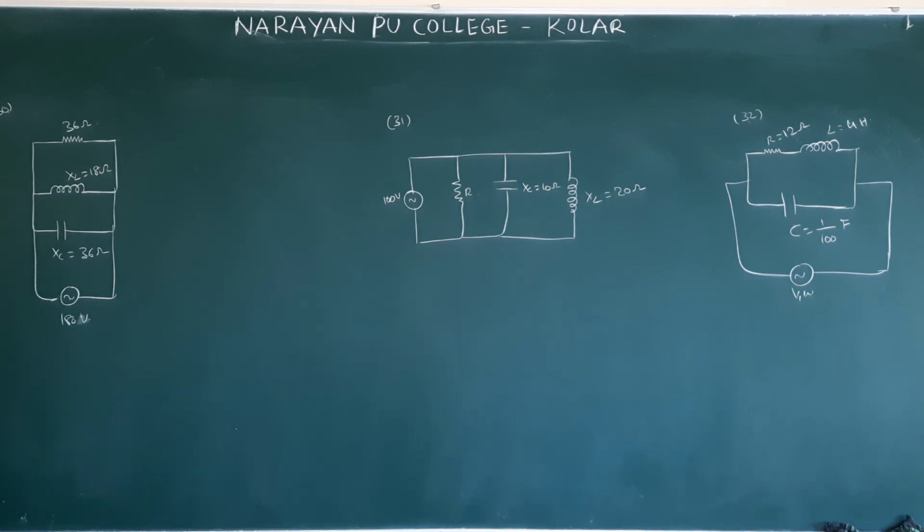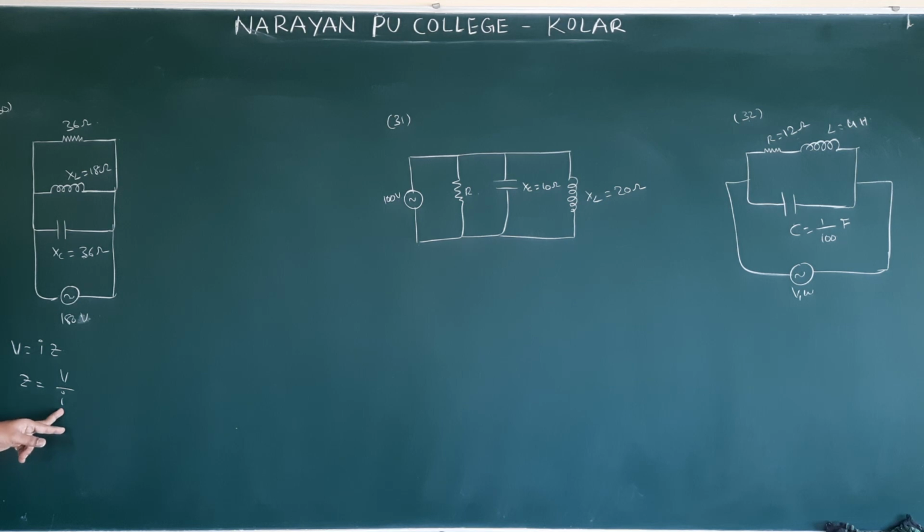Next is question number 30. This one we discussed already. LCR connected in parallel, only for this purpose, because they are asking questions on this. Consider the following parallel AC circuit. The impedance of the circuit is, simply they are asking impedance. How are these three connected? Parallel. Parallel means voltage is same. Therefore, same formula as the previous problem. V is equal to IZ, Z is equal to V by I. Voltage is 180. We have to find the resultant current. In the previous question only 2 were there, XL and XC. Here 3 are there.